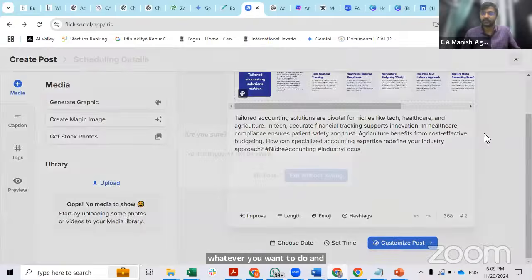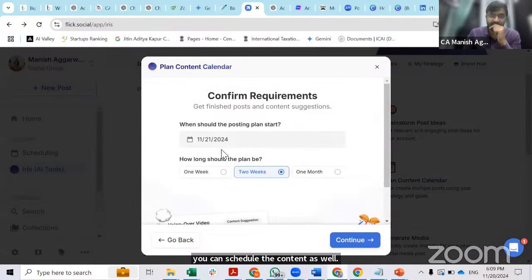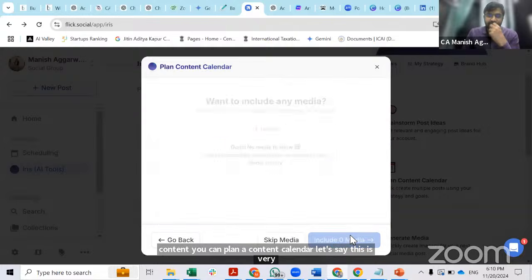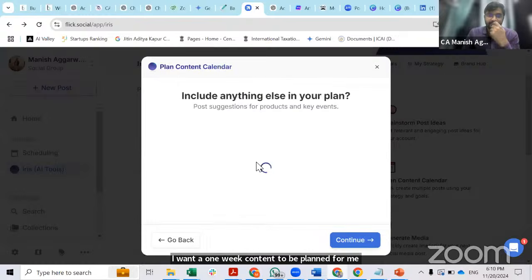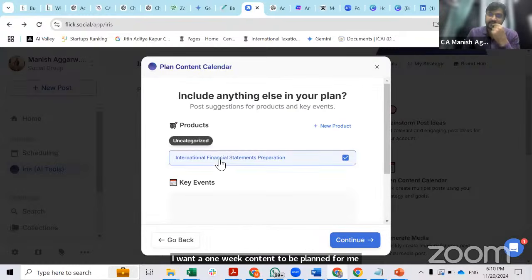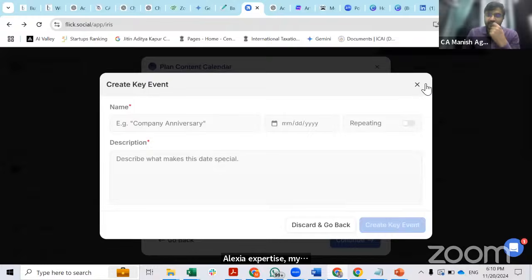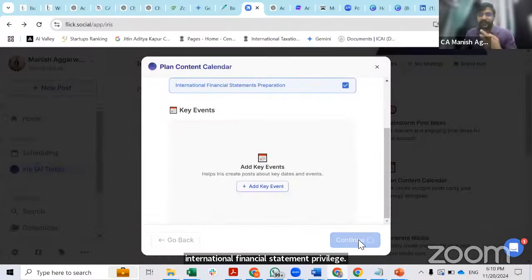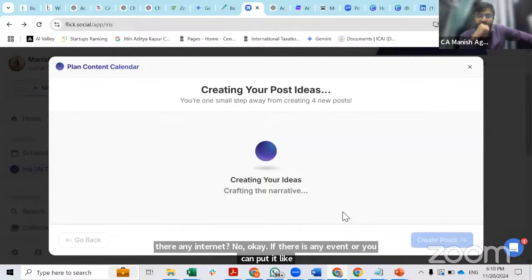you can schedule the content as well. Whatever content, you can plan a content calendar. Let's say I want one week of content to be planned for me. Click media. Let's say expertise: international financial statement. Are there any interests? No. Okay. If there is any event you can put it in, and it will create a content calendar based on